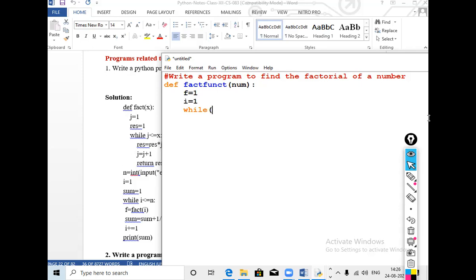Now while loop: i less than or equal to num. Now f equals to f into i, and i equals to i plus 1. This will do it, and whatever value comes, that is the answer f, so return f.